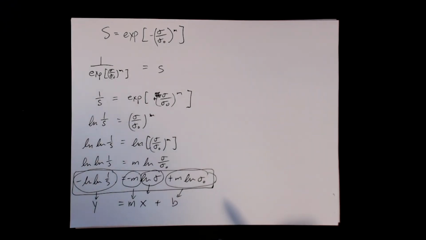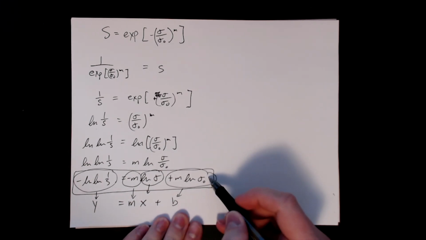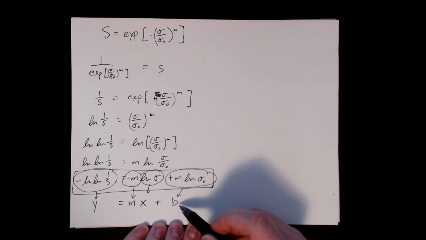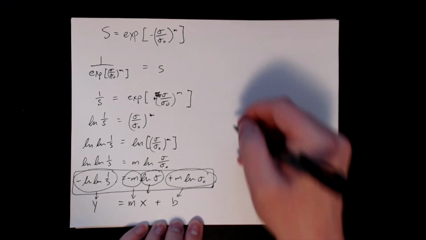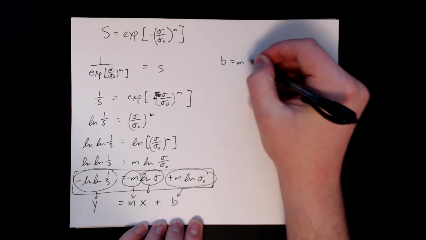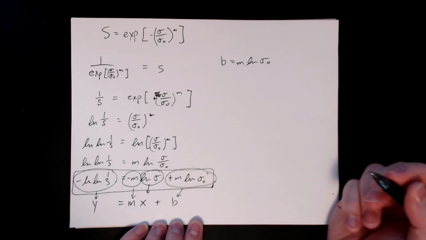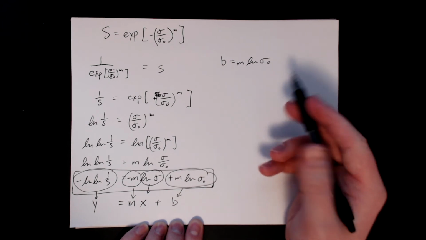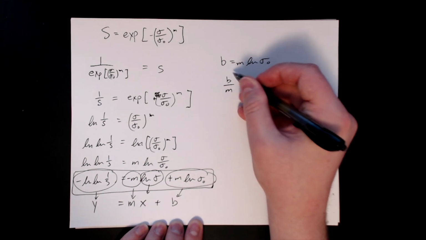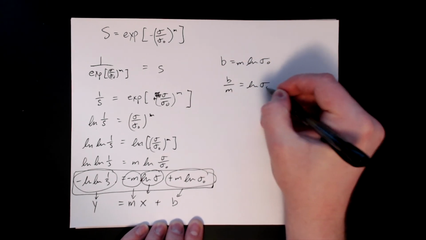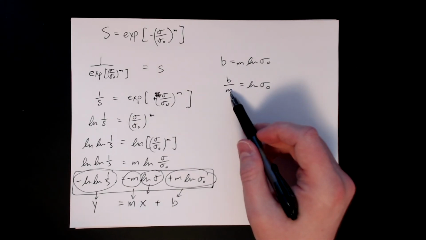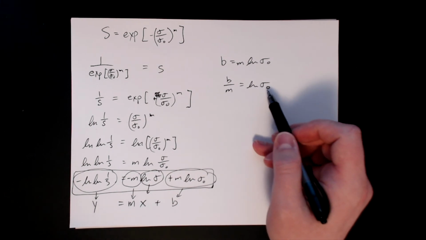All right, so we're trying to get our characteristic strength, which again, keep in mind is the sigma naught value. And so it's going to be tied to the y-intercept. So our y-intercept is b, and that equals m natural log of sigma star, right? So basically we just need to rearrange this. So if we take the y-intercept and then move the m over, then we get natural log of sigma star. So taking the y-intercept divided by the modulus will give us the natural log of this